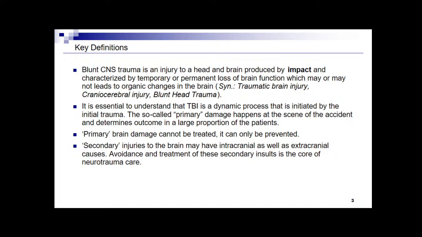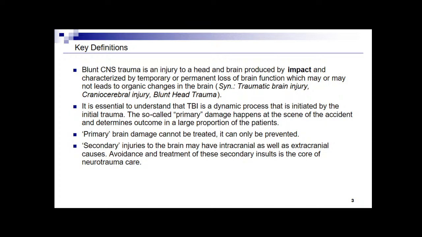The so-called primary damage happens at the scene of the accident and determines the outcome in a large proportion of the patients. So traumatic brain injury has two mechanisms, primary and secondary. Primary brain damage cannot be treated, that is a fact. We can only prevent the traumatic injury,